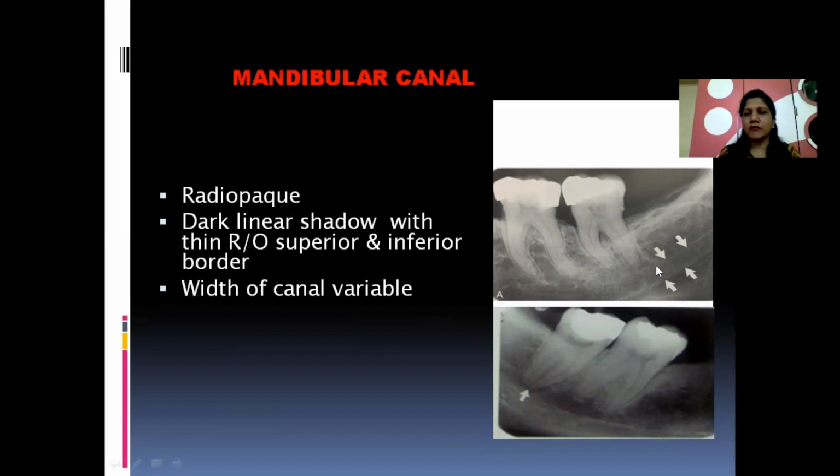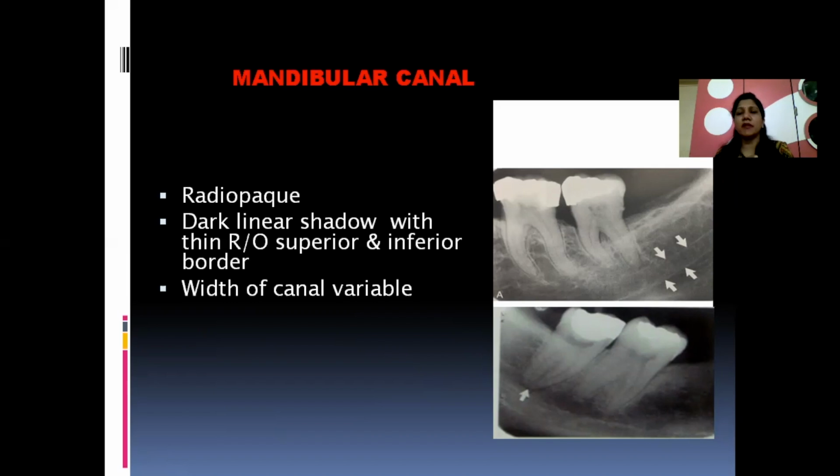Now it will pass below the apical region of the tooth. Again, the width of this canal is variable. It might be somewhat small, or it will show variations. Very important, sometimes it will show as if the tooth is entering or has displaced or is there in the canal, the tooth root. We have to go with the same concept that the tooth, if it is in the canal, will not have that intact lamina dura. You have to go on tracing the lamina dura. If it is intact, it is not in the canal, because it might be overlapped.